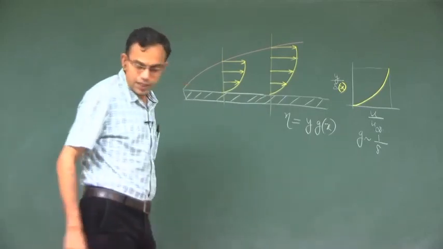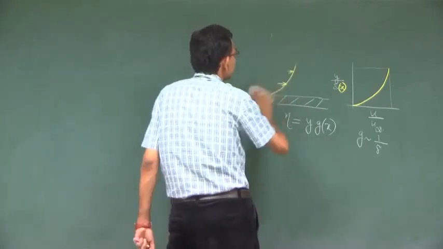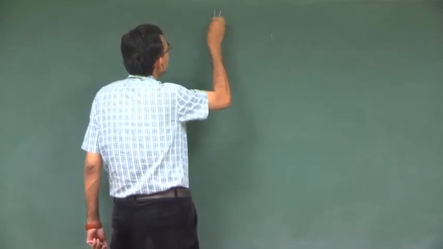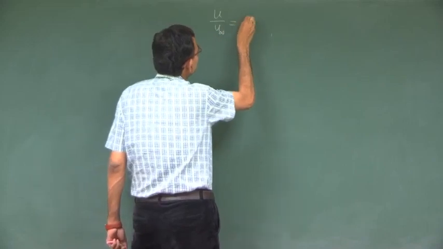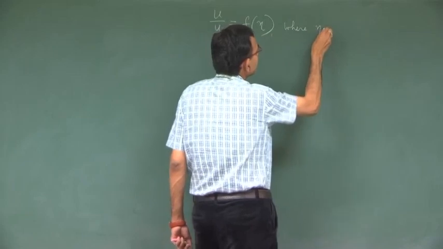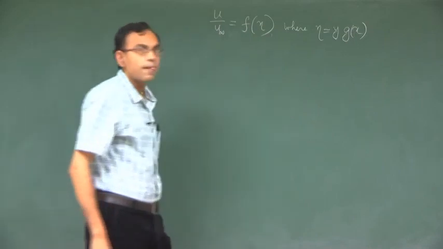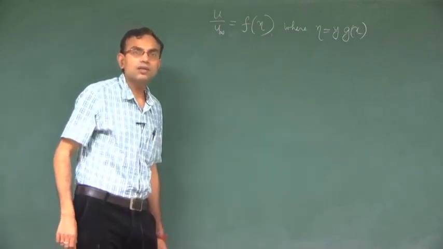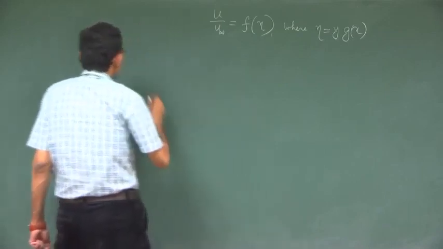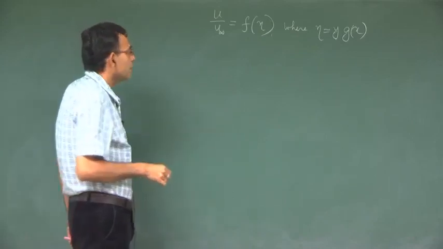So, with this understanding, let us define u by u infinity as a function of eta, where eta is y into a function of x. Now the boundary layer equations, assuming 2 dimensional, incompressible and steady flow,